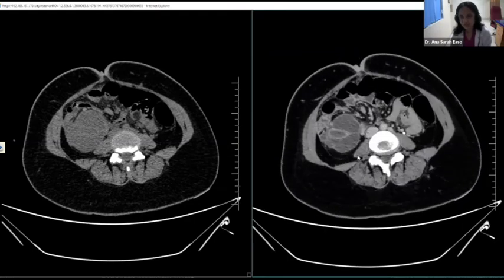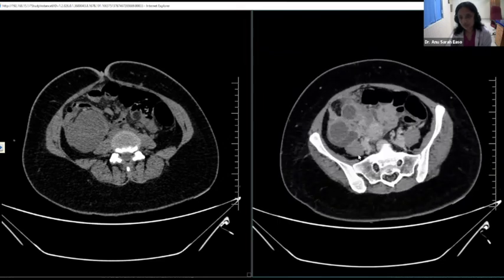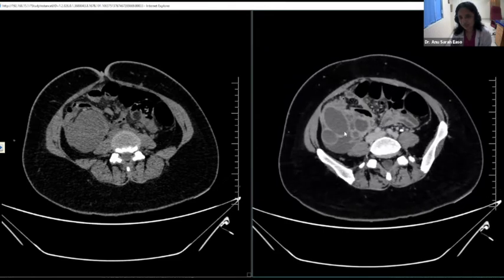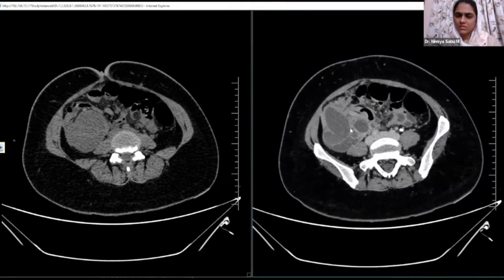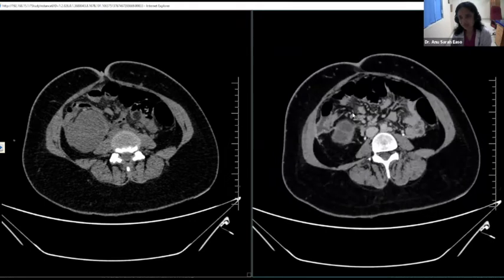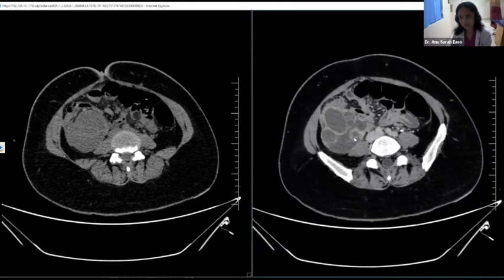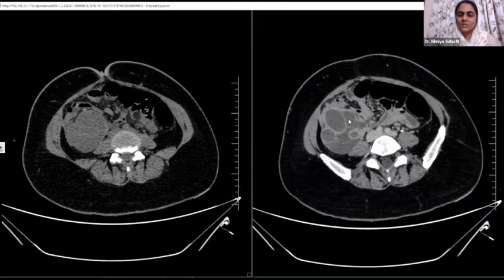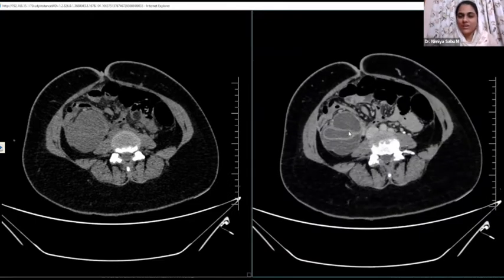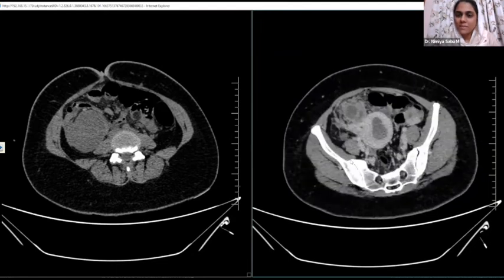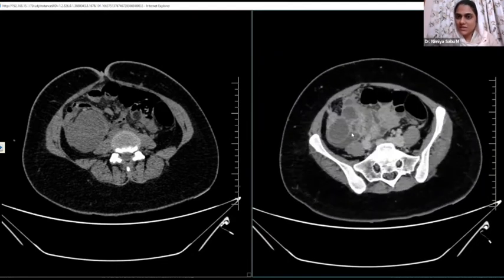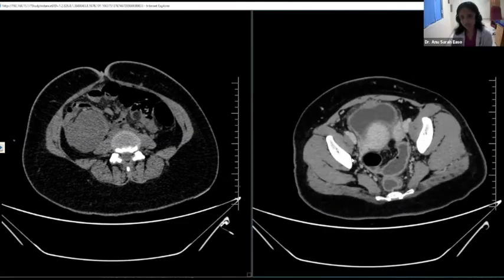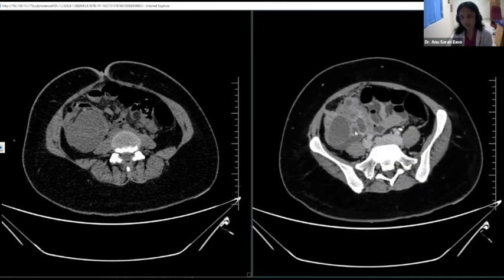Okay, as you said, there is a right adnexal mass, and you said correctly that it is predominantly a cystic lesion. And these cysts, with peripheral enhancement, are intercommunicating. And if you elongate and see, it's actually a tubular intercommunicating structure. So what can it be? It can be hydrosalpinx, or pyosalpinx is a possibility since there are significant inflammatory changes surrounding that area. The adjacent bowel loops appear to be adherent to the lesion.